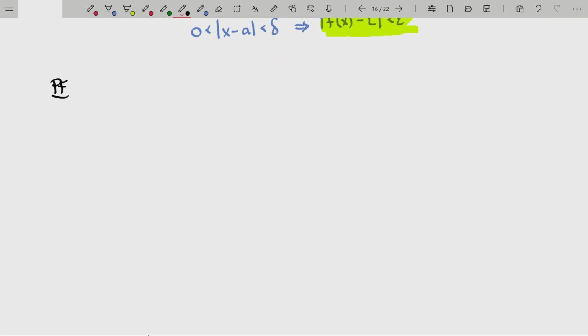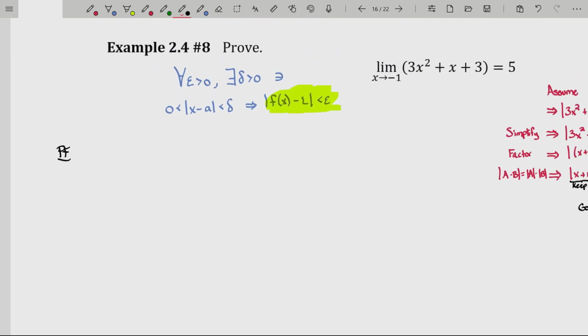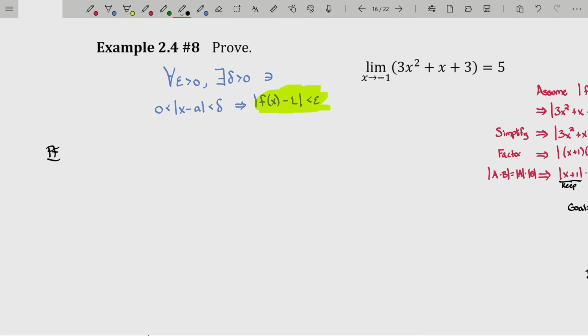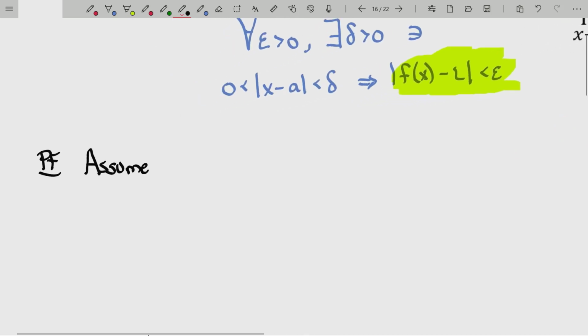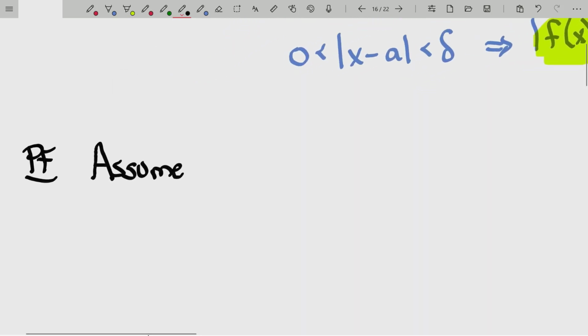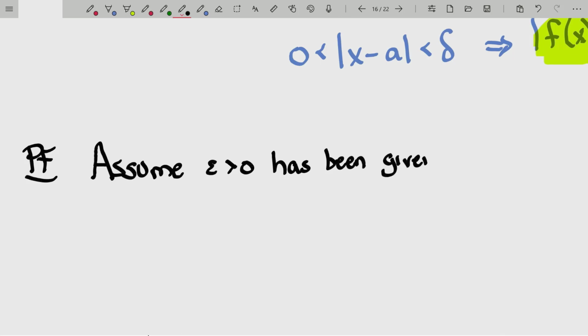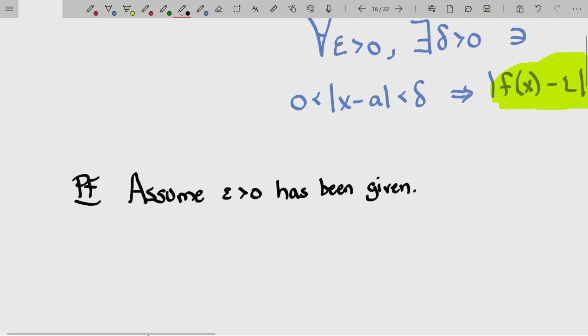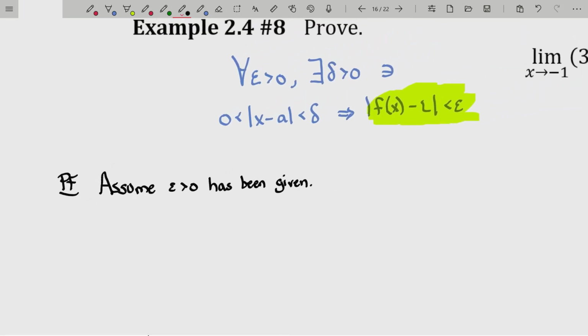Proof that the limit as x approaches -1 of 3x squared plus x plus 3 is equal to 5. Well, assume, notice I keep changing my language in my proofs just so that you have some practice with all the different styles. So assume epsilon, which is greater than 0, has been given. You don't have to write that. You can just say for all epsilon greater than 0. But I'm just showing you that not all proofs have to mimic every single instance of previous proofs, right? So assume epsilon, which is positive, has been given. Well, then we're going to choose